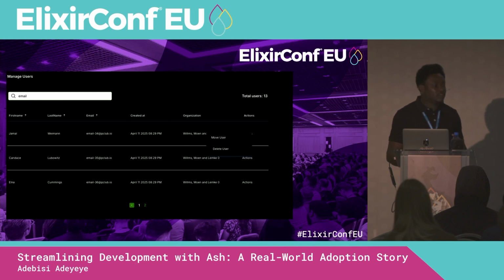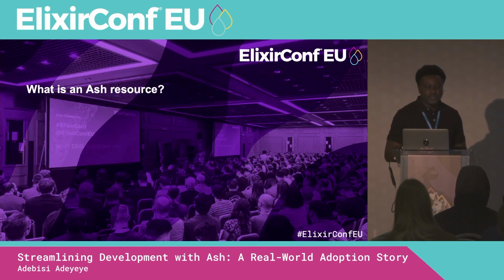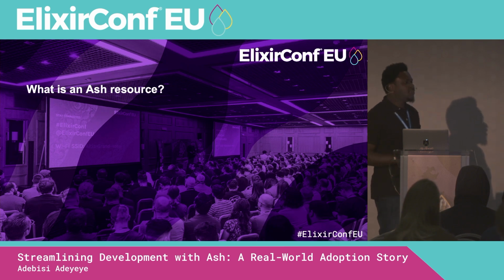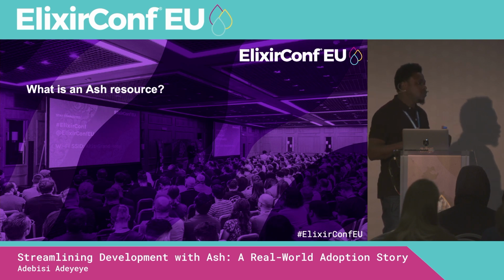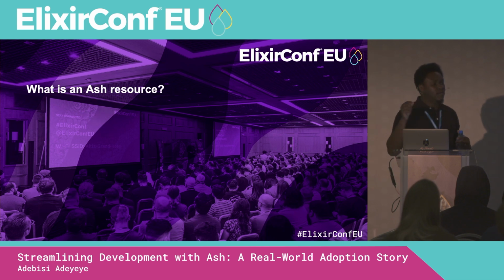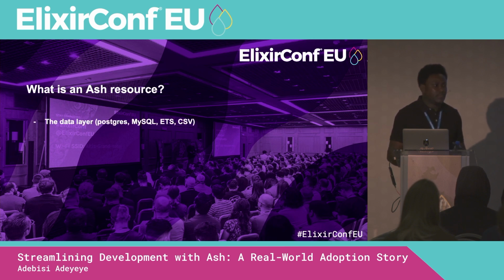And you might be wondering, what's a resource in Ash? A resource is a central building block with which Ash represents a domain model. Almost everything you do in Ash starts from the resource. Because once you describe the attributes of a resource, you can then determine how to change it using actions and other things. So a resource essentially comprises the following: the data layer, because you don't have to decide that upfront. Ash supports a lot of persistence layers. You have Postgres, MySQL, ETS, CSV, and the likes.